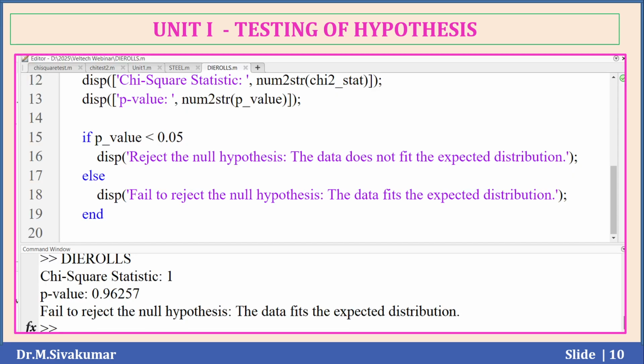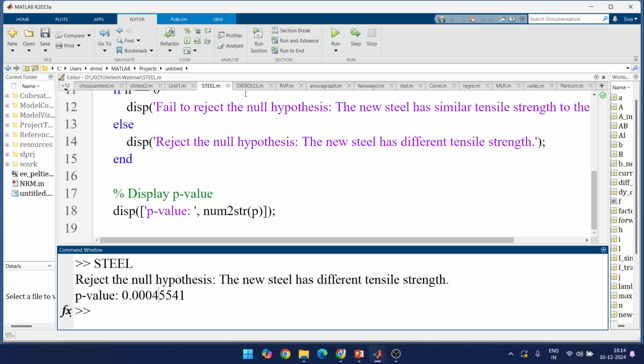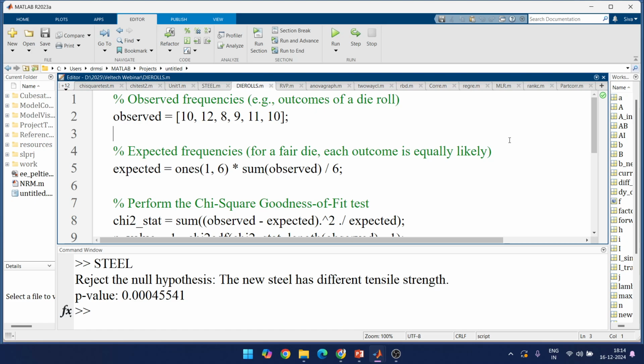First, you are going to see the chi-square statistic value. It shows the chi-square statistic value and also the p-value. It shows the output snapshot of this one, the die rolls, just to see. The next one is a program for finding the